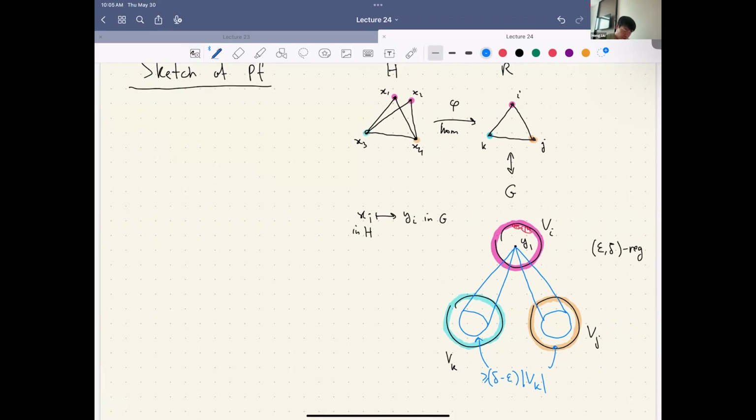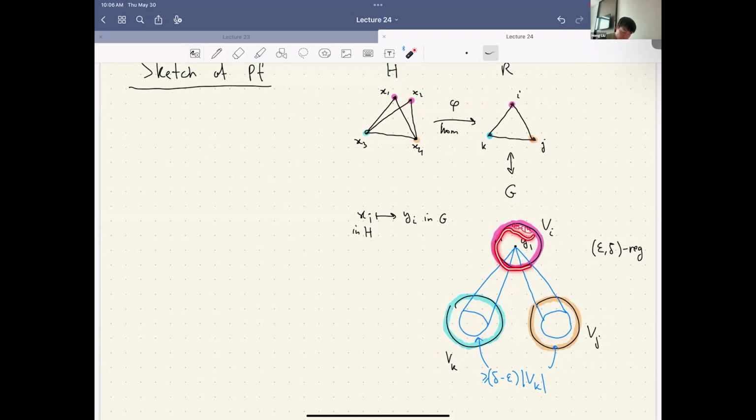After we update it, good, we're going to move on to x2. So now we have to choose y2 to embed x2. But we cannot choose any arbitrary one, because even though we scoop out those bad vertices, and every vertex outside these parts is good with respect to the original cluster, now we've already updated this cluster. We update it by the neighborhood of y1. In other words, we have to